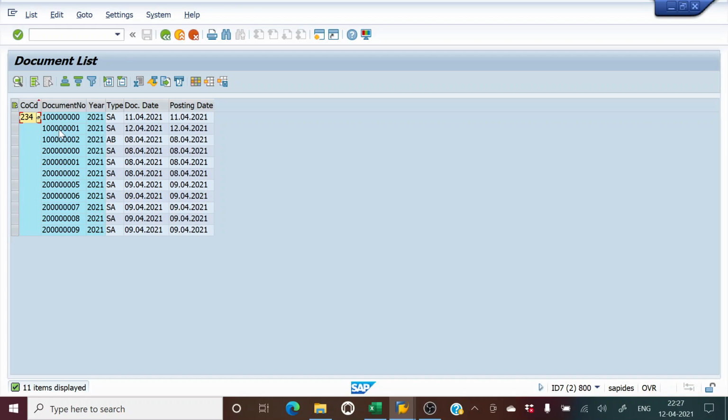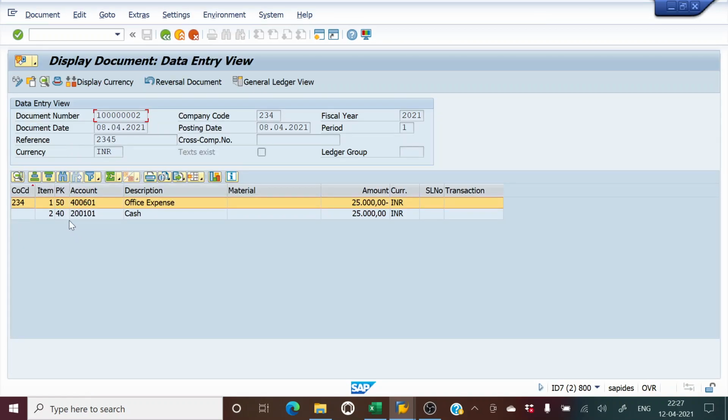SA is the document type for the GL document we posted, and the reversal of an SA document is an AB document. So the reversal is posted. If you double click here, you see, as we discussed before, that cash has now been debited and office expenses credited. So this is how it has been reversed.